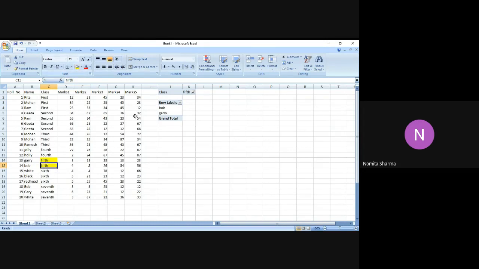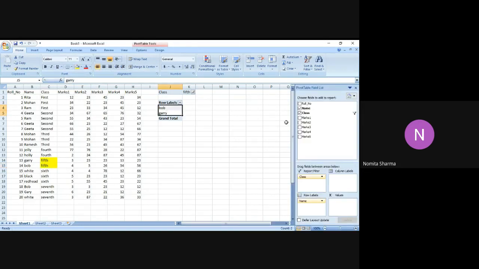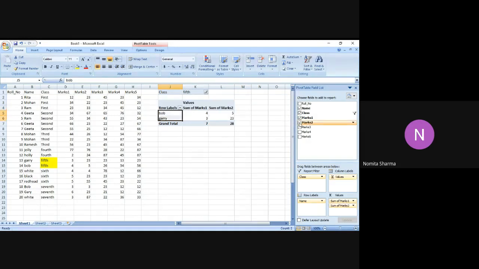In a similar manner, if I just go back again and I want to have marks as well, you will see that as per the filter criteria, it will give me marks also for the same students from the 5th class. And automatically, I didn't give any command for the totaling of the marks. It has automatically given me marks for marks 1. Reason being, in the value section, it has automatically taken sum of marks 1. In a similar manner, if I put marks 2, marks 3, marks 4, marks 5,